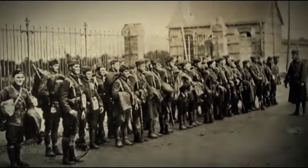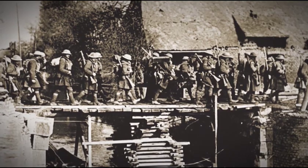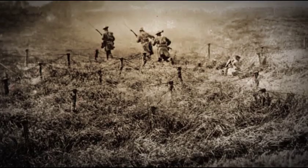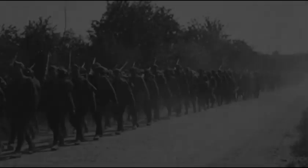But by July of 1918, Pershing sent elements of the 27th and 30th Divisions into the front line with the Anzac Corps, the Australian New Zealand Army Corps, to learn what exactly life was like in the front lines of the trenches. And with General Monash, on July 4th of all dates, 1918, the Battle of Hamel was begun, and